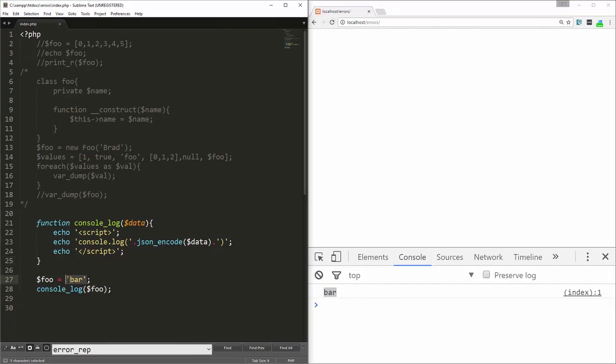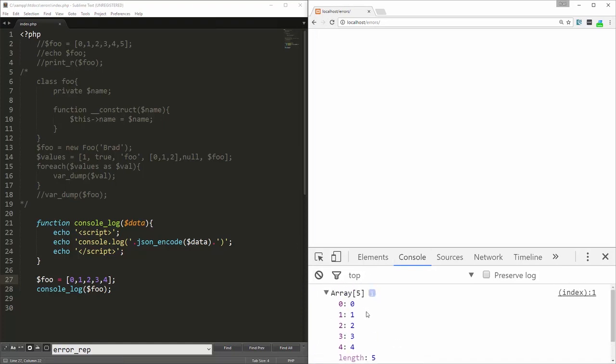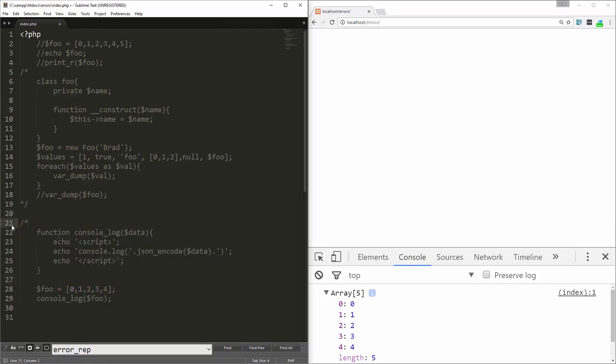Alright, if this was an array, and we go ahead and log it, it gives us the values of the array, just like as if we were working in JavaScript. So that's something that is very helpful to me, that I like to use, and it's something that's very simple. Alright, now the next thing that I want to show you is the debug backtrace function,